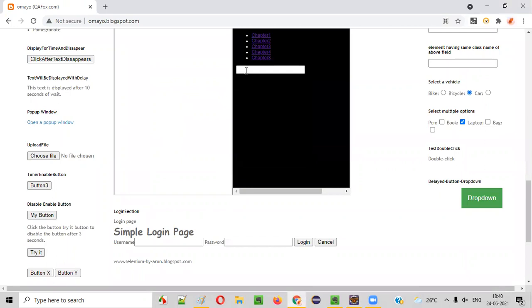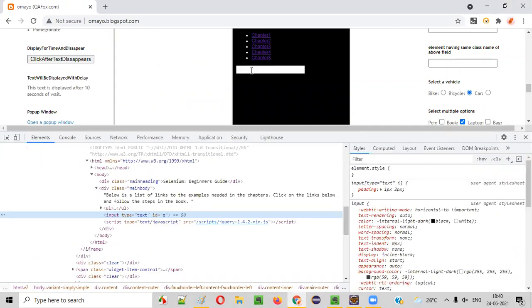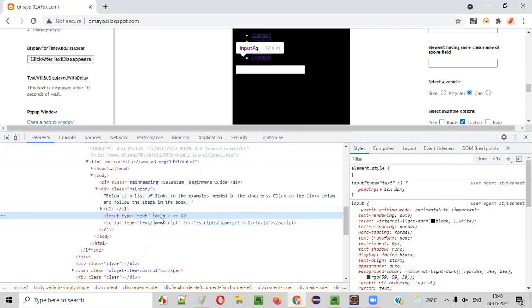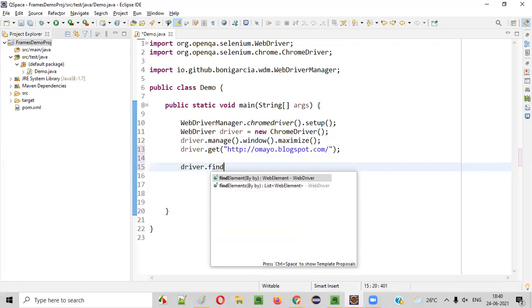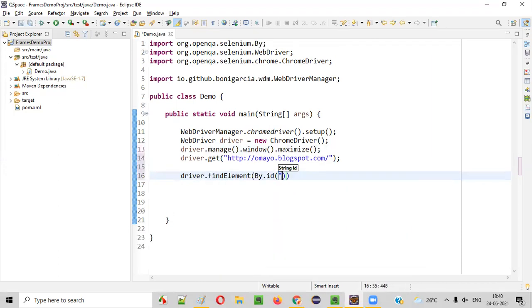In general, how do we type text into the text box field? I will inspect this text box field first of all. If I look at the HTML code of this text box field, it has some ID locator with some value. So using the ID locator, I can locate this text box field. I'll copy this q, which is the value of this ID locator, and here I'll say driver.findElement(By.id), paste it here and say .sendKeys. I'll type my name into the text box field. I want to get my name typed into that text box field. If I run this code, will it work?